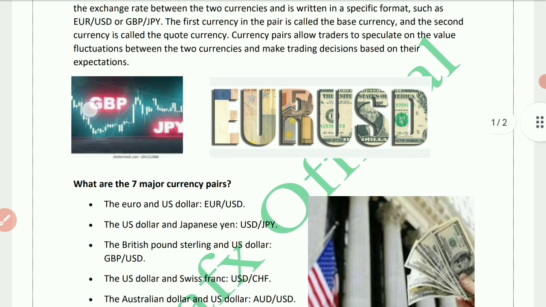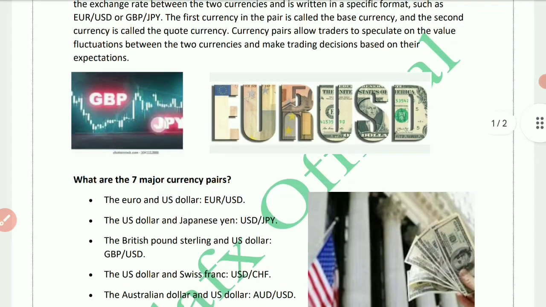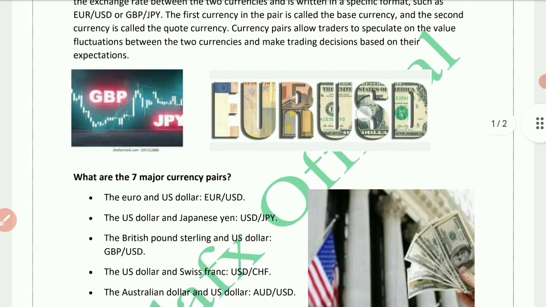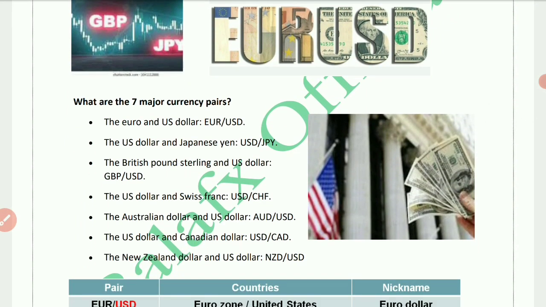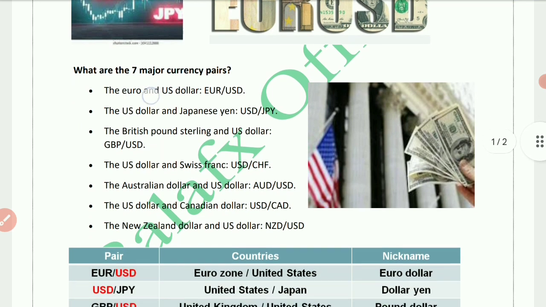So this is the base currency, this is the quote currency. And in forex trading, we have 7 major currency pairs that are traded in forex markets. These are currency pairs, they are not metals. In my next episode, I'm going to talk about metals, gold, silver, and the rest. But these are currencies. Like the first one, we call it Euro USD,